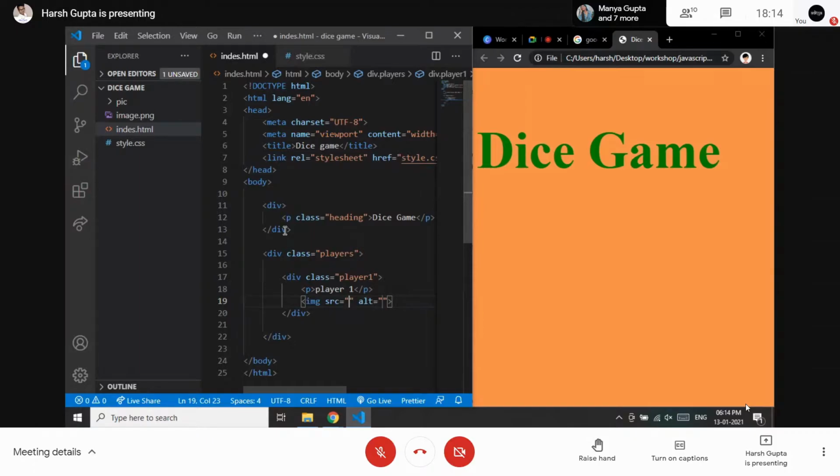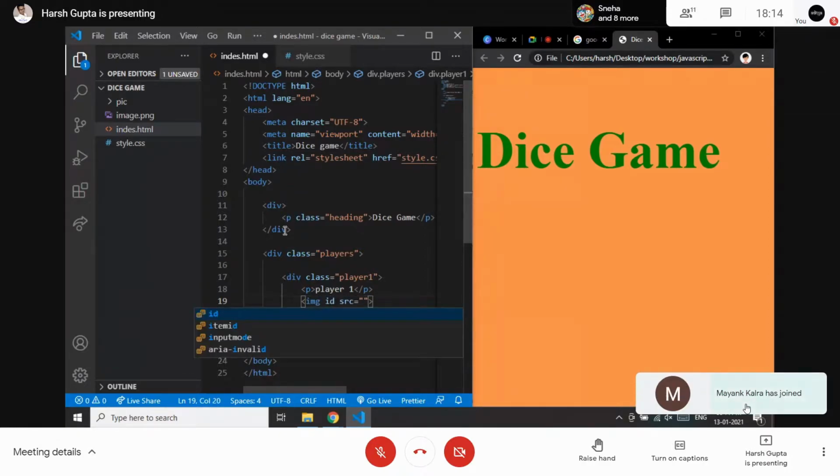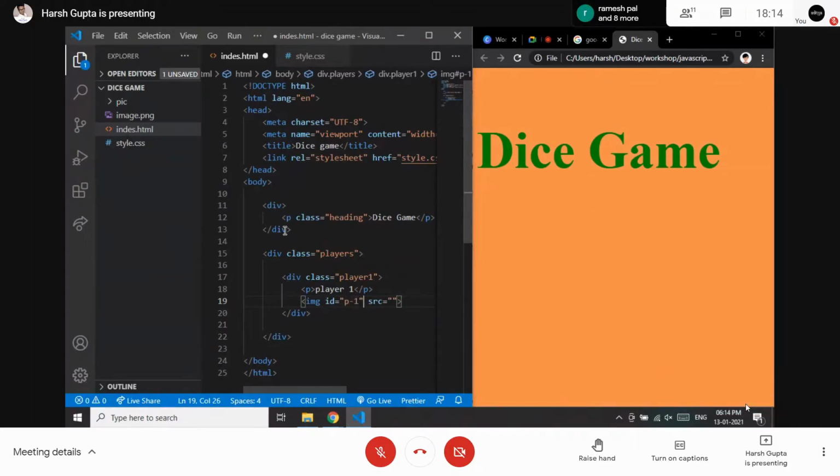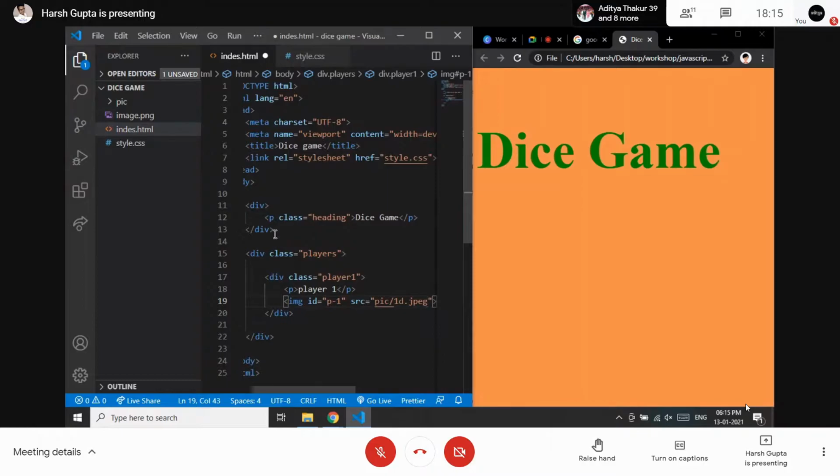Before the source, I want to give it an ID, because we will be calling that. Let's say the ID should be picture one, so let's say p-dash-one. And the source is pics slash 1D. 1D jpeg is referring to this pics dot one.